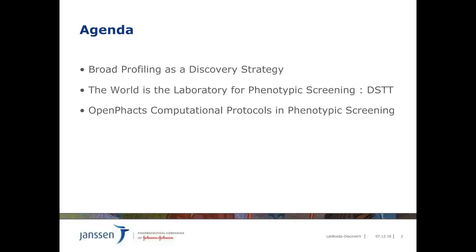Project 2 is on phenotypic screening activities of our potent and selective kinase inhibitor set we did from 2014 to 2016 in collaboration with Dundee University. And project 3 is about work done within the European IMI OpenPhacts consortium, where we showed how a semantically integrated data platform is useful for annotation of phenotypic hit compounds.